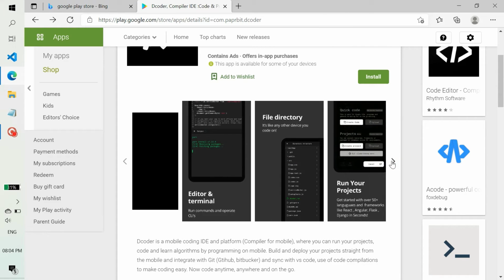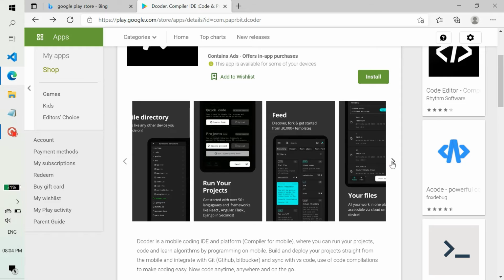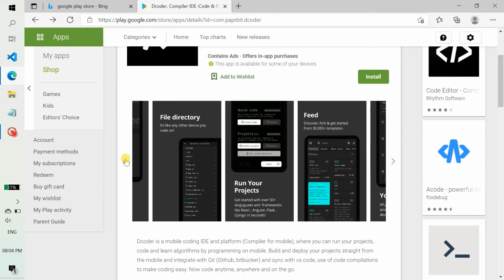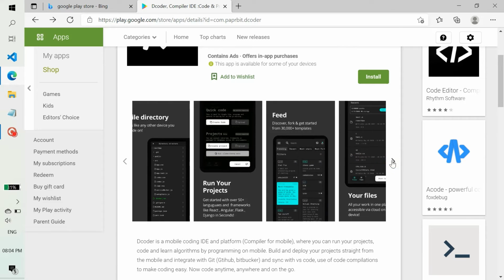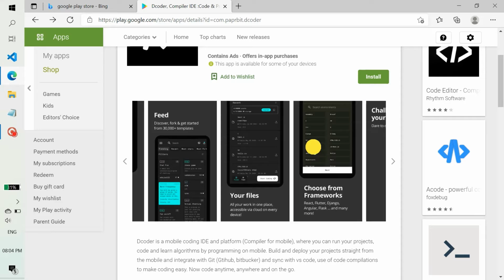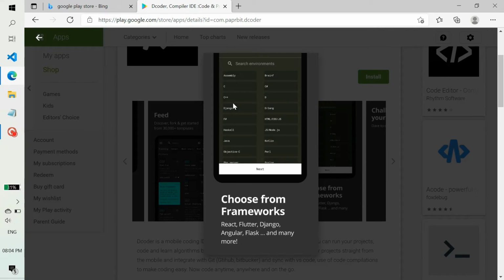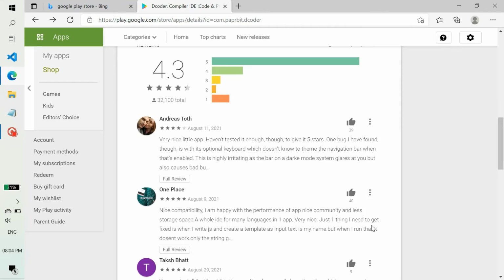This app can be used for different types of languages, means you can use it for C, CPP, Java, HTML, CSS, and all other stuff. You can check it out from here. A lot of languages are supported by this app, and the size of this app is also very small.